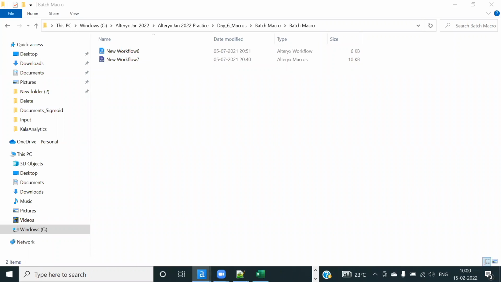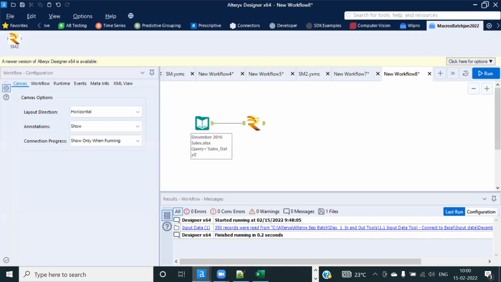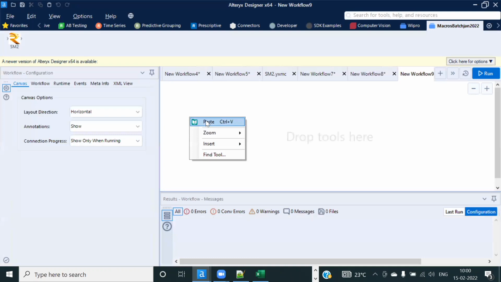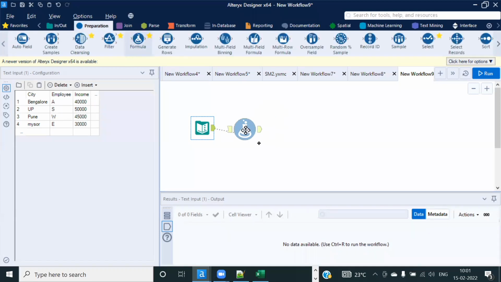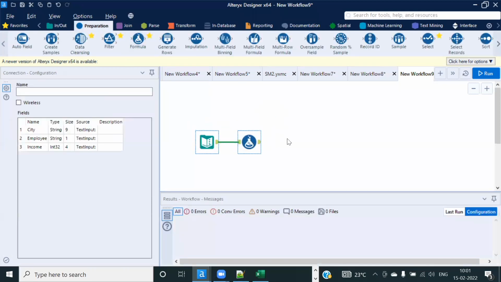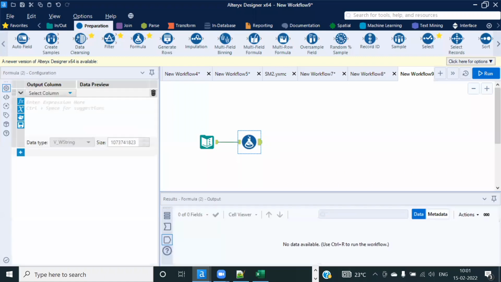So now again, same story. I need to multiply the tax percentage again. So you tell me the workflow now. So this is my input. I need to multiply the tax percentage with say 10% for now. So I'll just go to the formula tool. I'll go a little faster because this is already done. I'll create a column called tax rate,